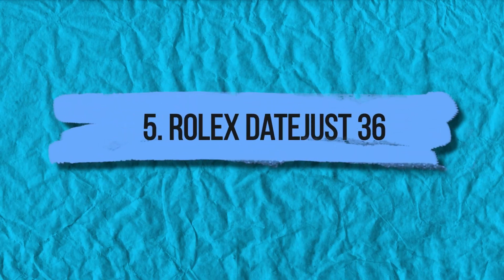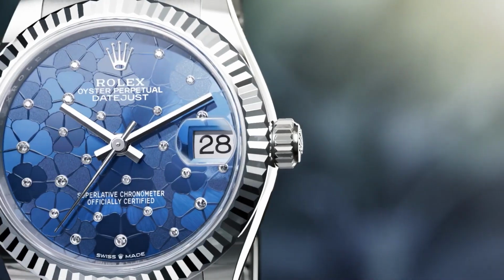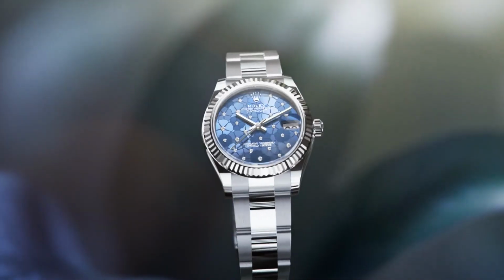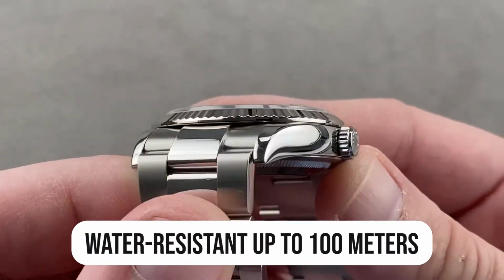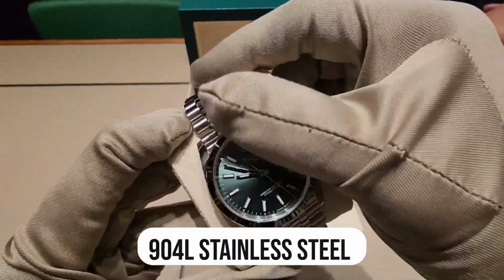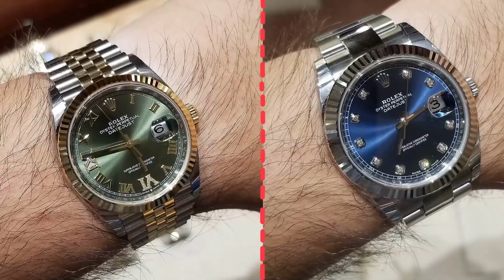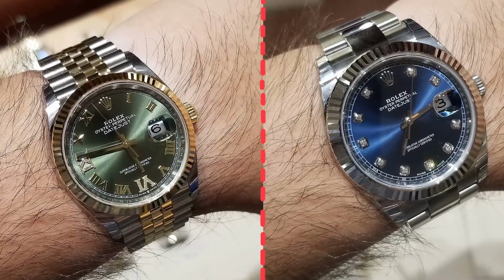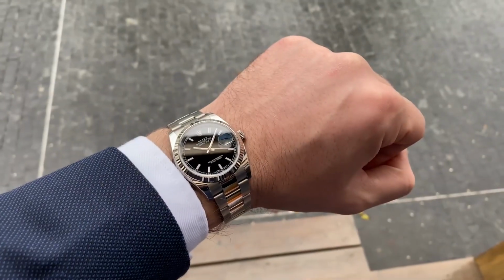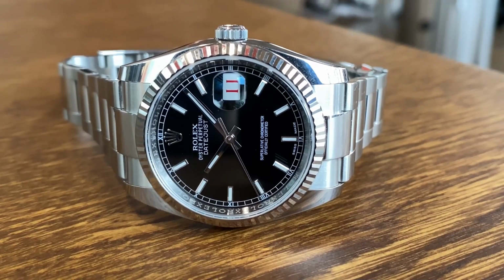Number 5. Rolex Datejust 36. Rolex Datejust, that has been a staple of the brand for decades. The water resistance extends up to 100 meters. The case is made from a solid block of corrosion-resistant 904L stainless steel and is available in either stainless steel or yellow gold. The dial is black with large luminous hour markers and a simple clean layout that is easy